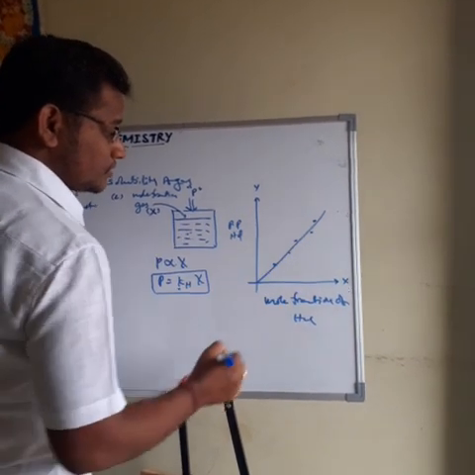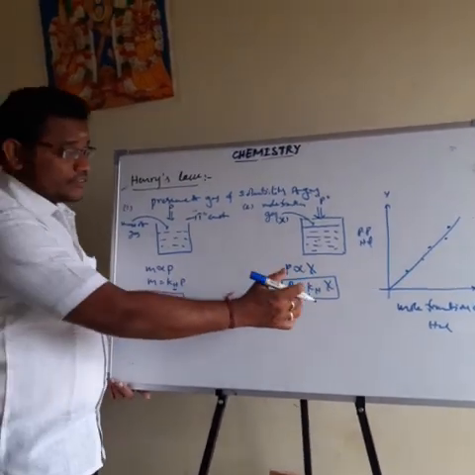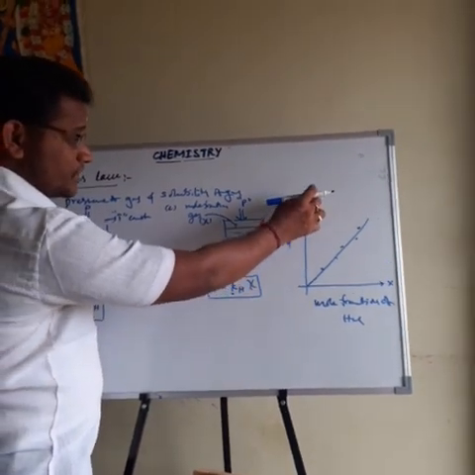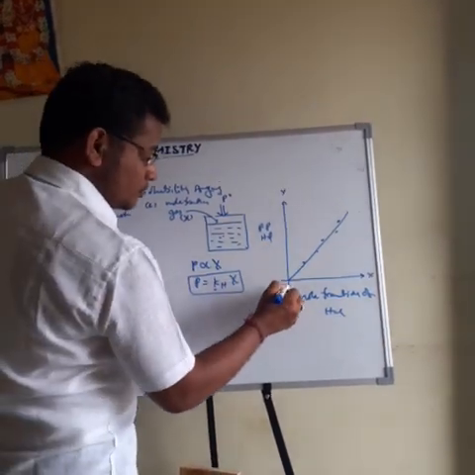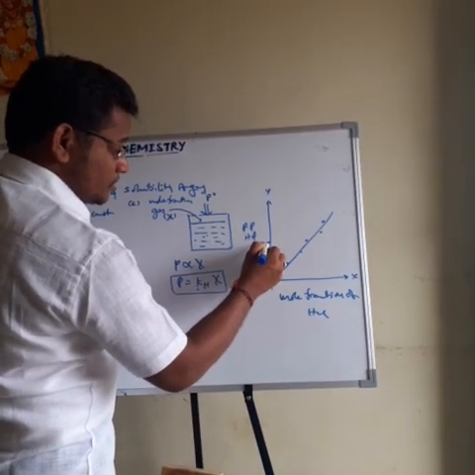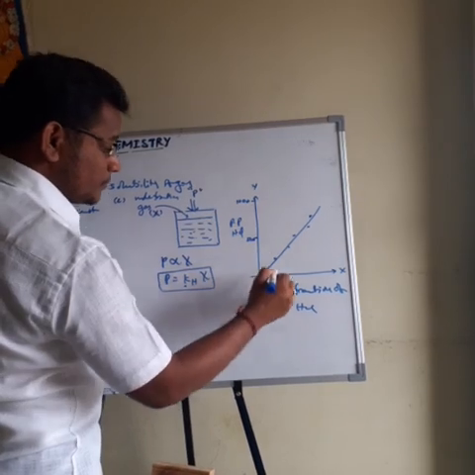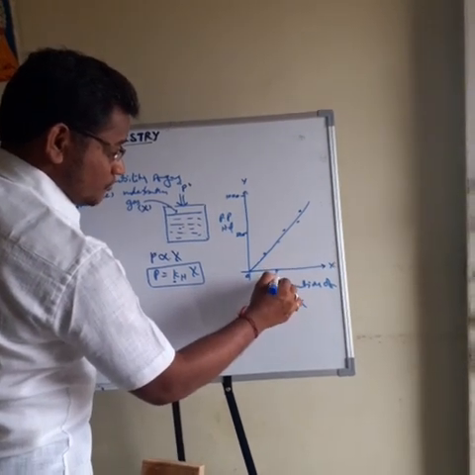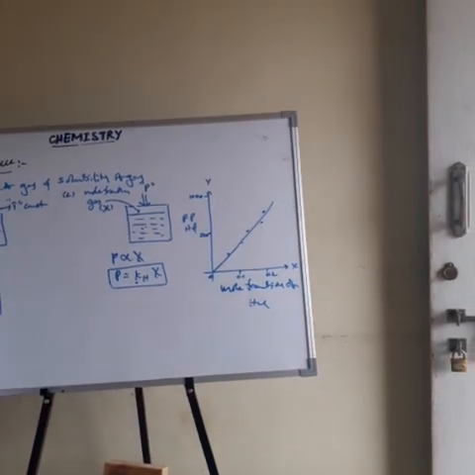So this type of line will be obtained. That is the graph between the partial pressure of hydrogen chloride on the y-axis and the mole fraction of HCl on the x-axis. Here, at 0, this is 500 atmosphere, so the partial pressure of HCl is 500. Here the partial pressure of HCl is 1000. Here the mole fraction is 0.1, here 0.2. So that is about the graph.